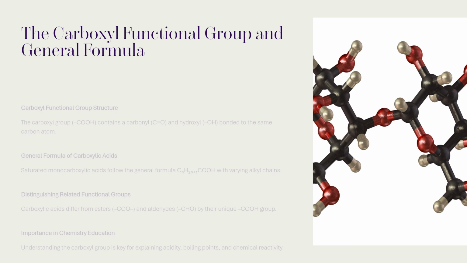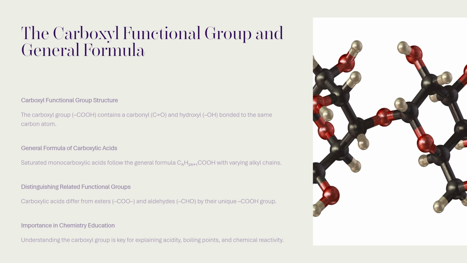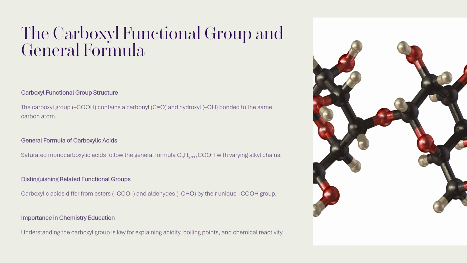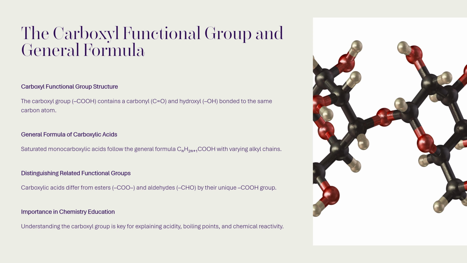Carboxylic acids are defined by the presence of the carboxyl functional group, written as COOH. This group consists of a carbonyl group, C=O, bonded to a hydroxyl group, OH, attached to the same carbon atom. The general formula for saturated monocarboxylic acids is CnH2n+1COOH, where the alkyl chain can vary in length and structure. Examples include methanoic acid, HCOOH, ethanoic acid, CH3COOH, and propanoic acid,